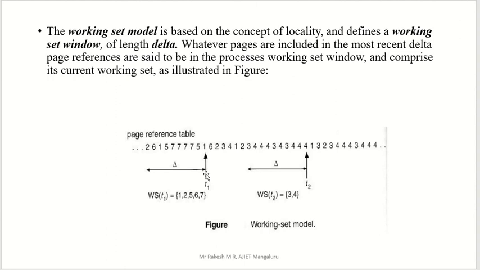See, now we started from here to here. In this demand, 2 is there, 6 is there, 1, 5, 7, 7, 7, 7, 5, 1. Till 1, how many pages are there? You have to note that down here: first page, second, fifth, sixth, seventh. So how many frames are required to store these pages in main memory? 1, 2, 3, 4, 5. So only 5 pages are asked here.